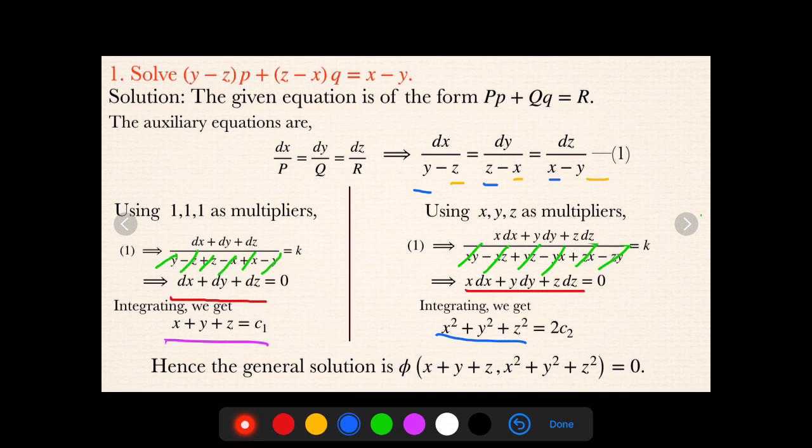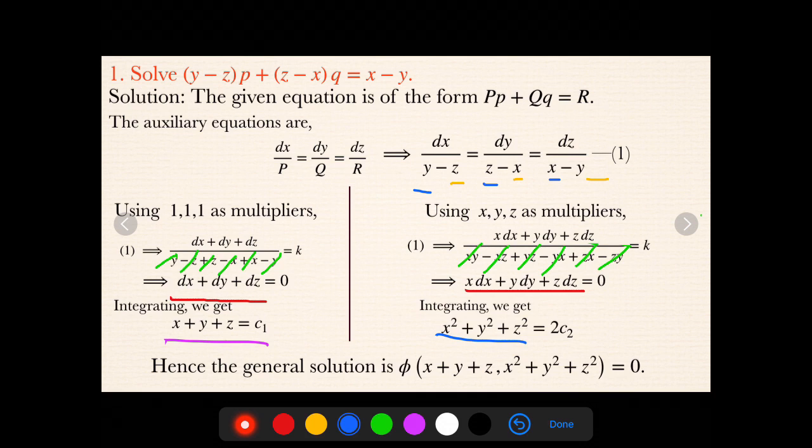Remember one thing carefully, what I explained earlier, that the terms are cyclically changing. In general, k, k, k, where k may be any numerical value, and x, y, z will definitely act as multipliers. You may get the other set also, no issue, you can find that one also, but any two expressions are sufficient, don't go for the third one.